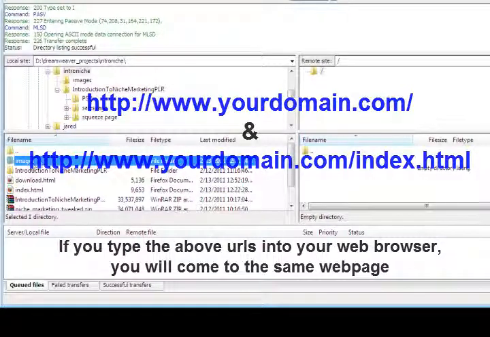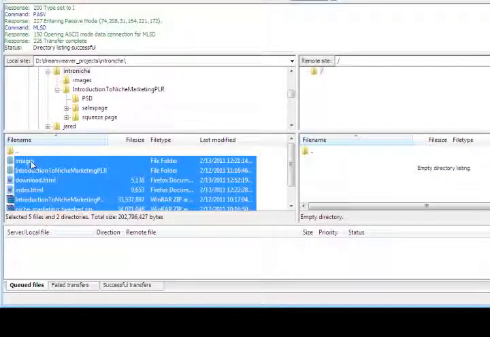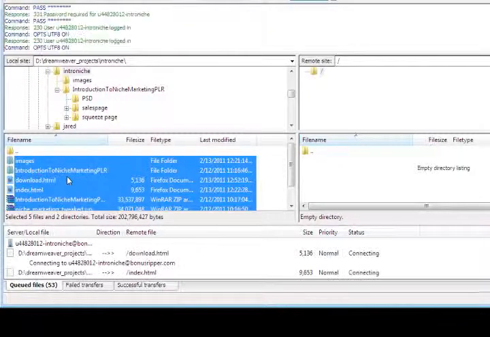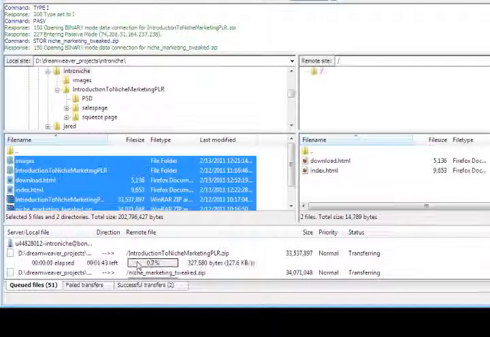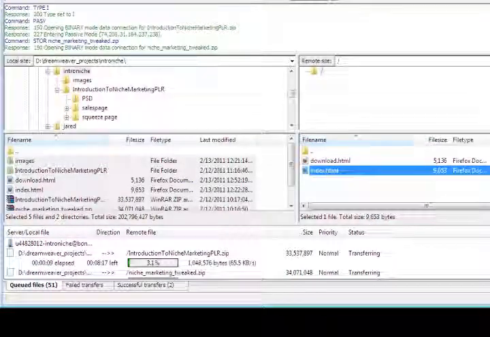We're just going to go ahead and hit Control A. So we'll hold Control on the keyboard and push A, and that's going to select all these files. I'm going to go ahead and push the right mouse button and click Upload. Now you're going to see down here all the files are being transferred over. See that two have already gone over there, our index file, and our index file is that capture page file,